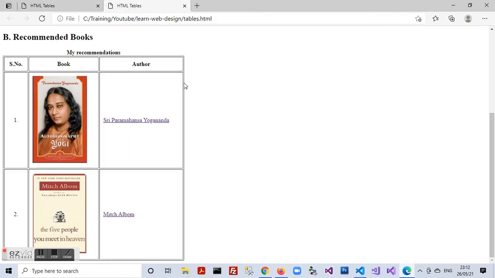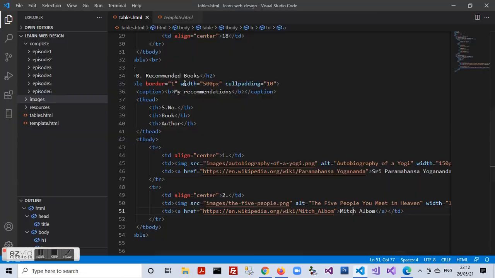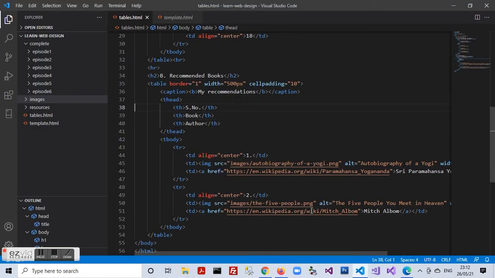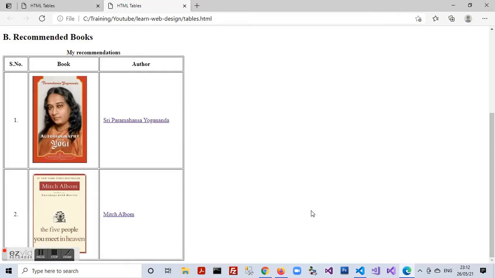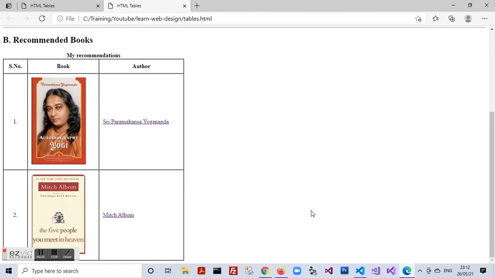So for this particular content to have no cell spacing, I need to put in the cell spacing attribute within the table element. I'll put in the cell spacing attribute and put its value to be 0. So spacing between cells will be removed and it will have the effect on the looks of the table. I see there's no space between cells now. So this is my second table.